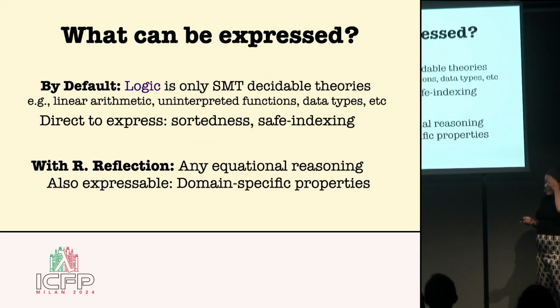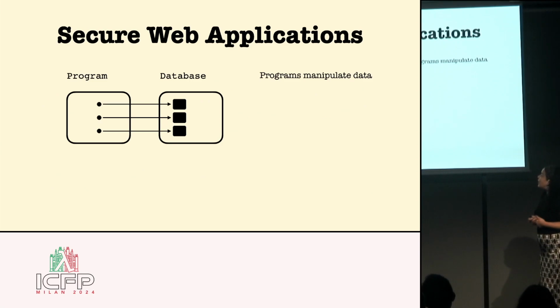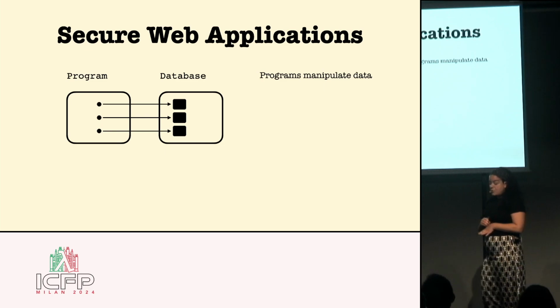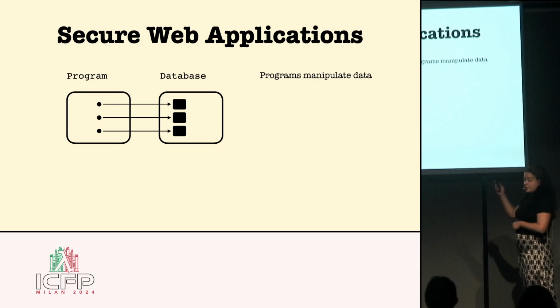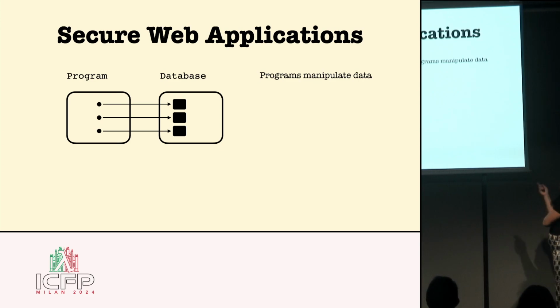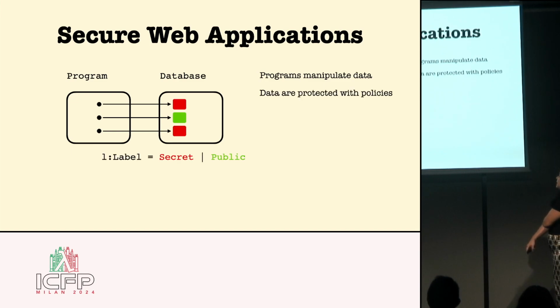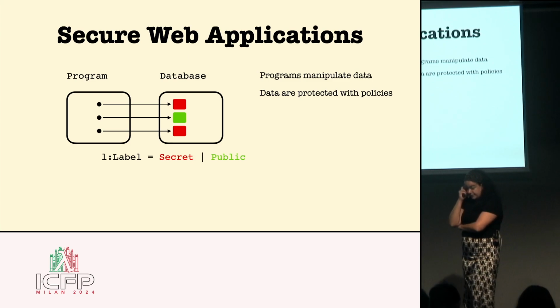And we have worked a lot on expressing these domain-specific properties. An area that I like to verify a lot is security, because it has very well-defined and very interesting properties that you can express. Let me show you an example. You have programs that manipulate data, right? Data exists in a database. And when you want to enforce security verification,